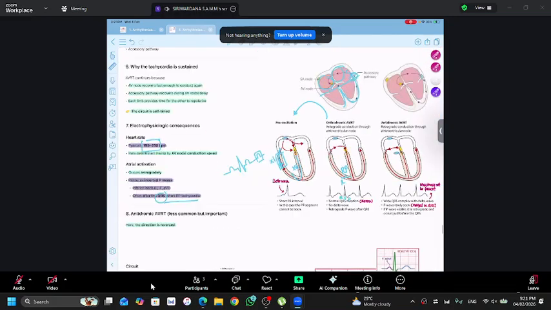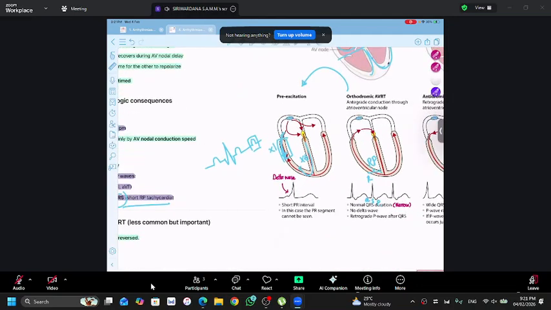එතකොට pre-excitation එකේදී what will happen is that in an ECG, how will that manifest in an ECG is like this. So now normal, then another thing we need to talk about, this thing. How exactly